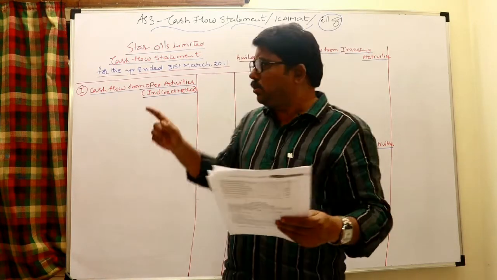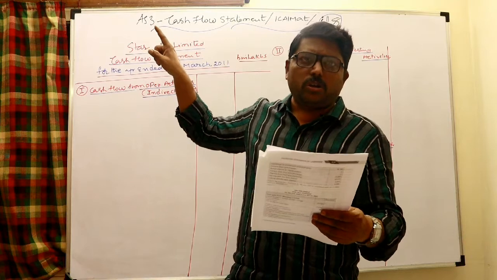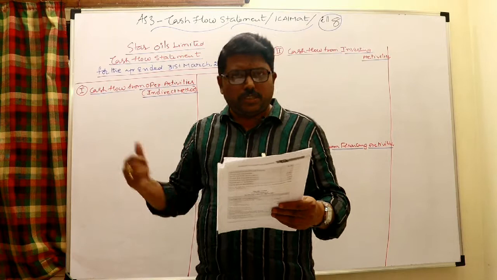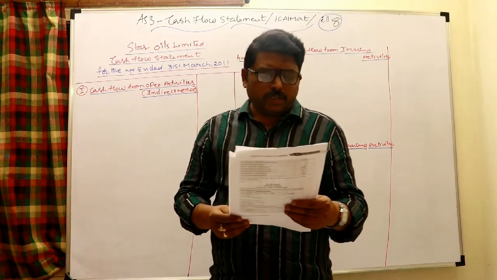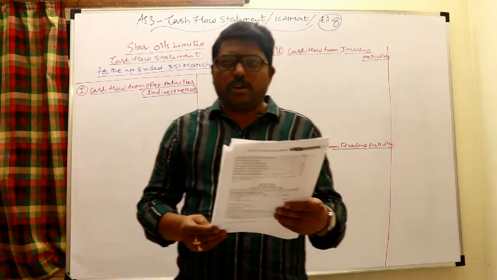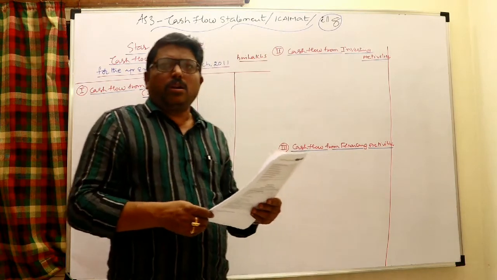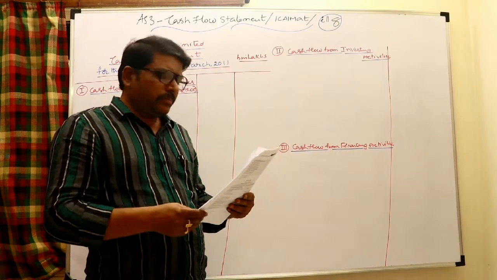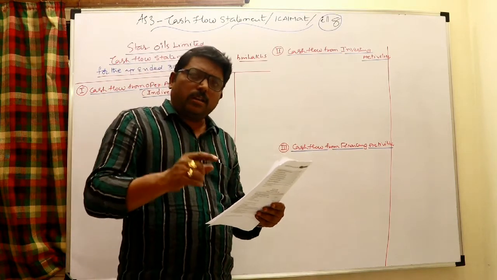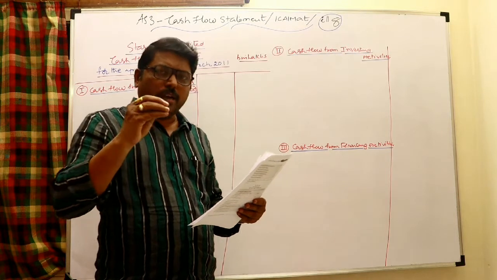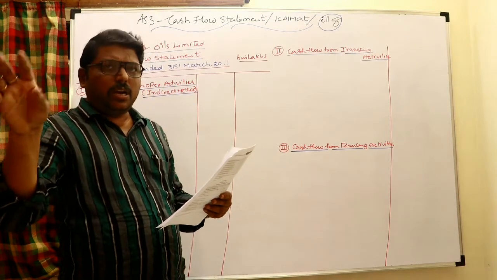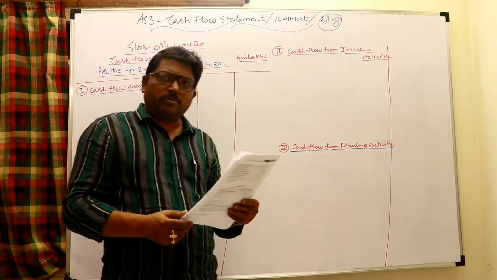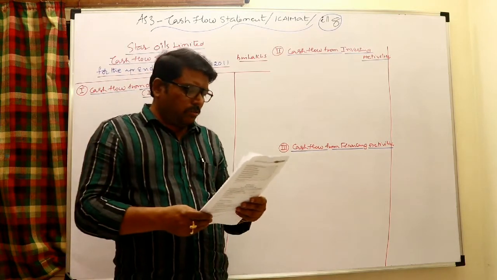Provision for income tax should be added back here because it is a non-cash item. Tax paid you may deduct here, income tax paid during this year. Loss on sale of asset 40 is a non-operating item. Loss normally reduces your profit, so it should be withdrawn, that is, added back. Need not write it anywhere else: in the amount you record as cash received from sale of assets, that loss is automatically incorporated. Just withdraw it here from operating activity.